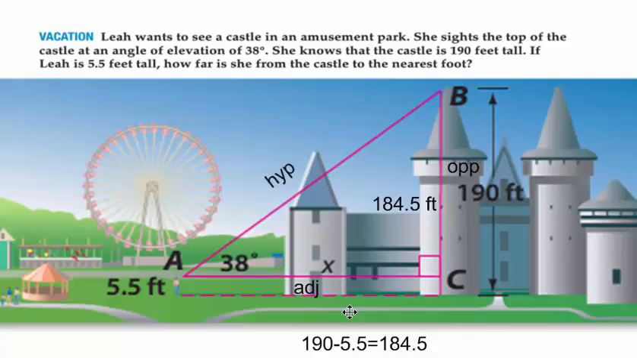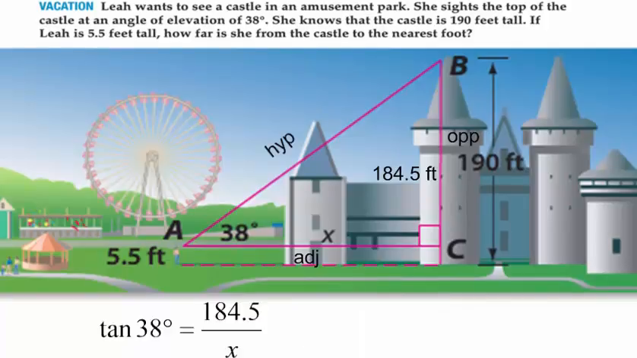Hopefully you've had enough time to look at that. So that's O and A, that goes with TOA of our SOHCAHTOA. So that is going to be a tangent ratio. So we can set up the ratio tangent of 38 degrees equals 184.5 over x,